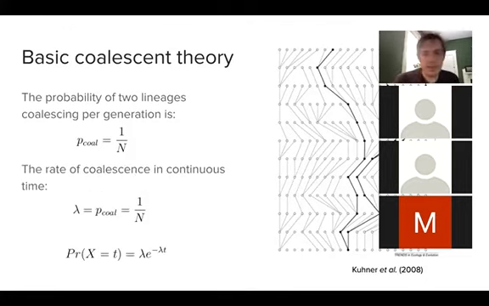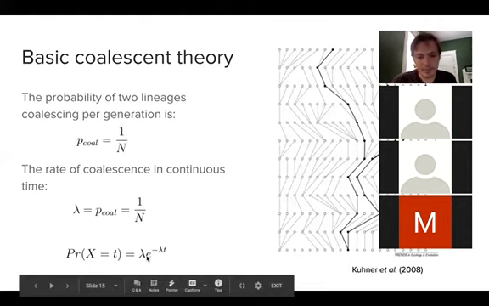And then we can also think about this in continuous time and think about this probability of coalescence as a rate of coalescence per unit time, and that rate of coalescence would also be equal to 1 over the population size, or 1 over N. The amount of time that we would have to wait for two lineages to coalesce, or to find their most recent common ancestor in the population, was exponentially distributed according to this coalescent rate, lambda. And this little bit of theory, while incredibly simple, was very useful to us